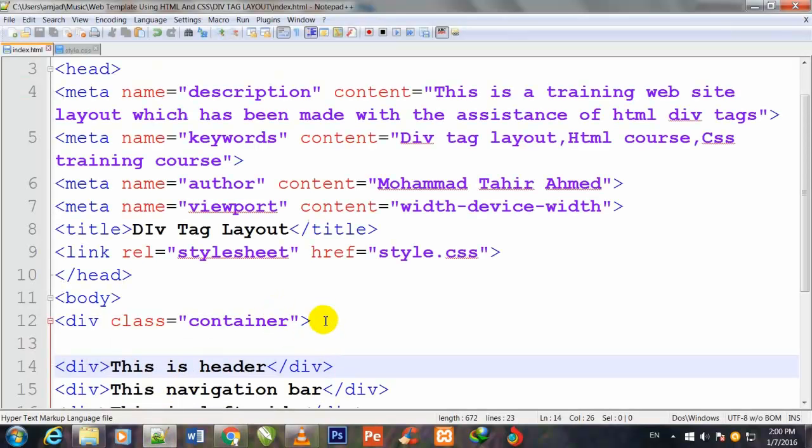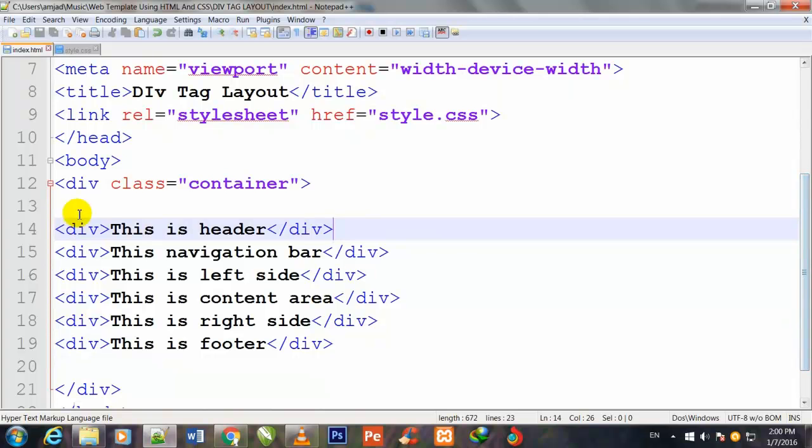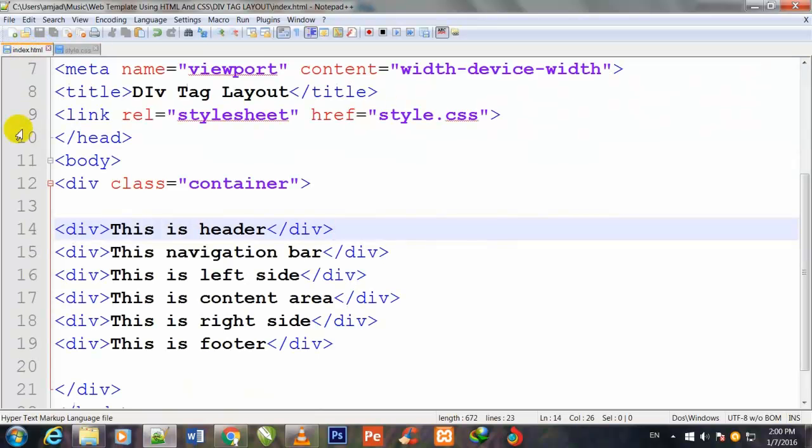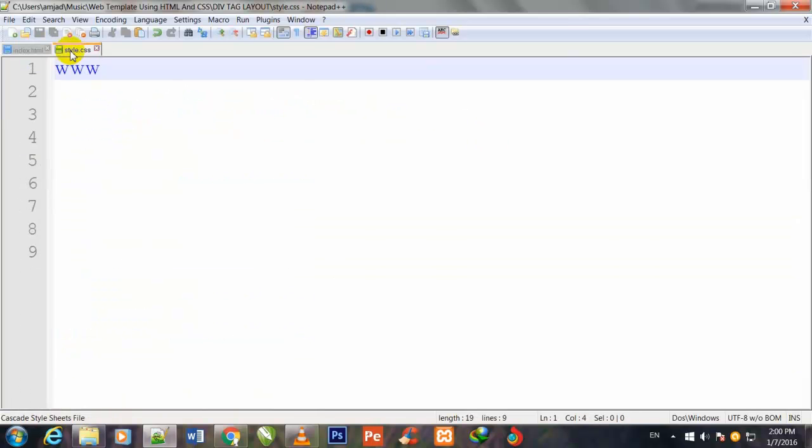In the previous video, I made all these 6 divs inside, and the first div was given the name container. First, I have also linked style.css to this HTML with the link relation stylesheet of style.css. So friends, first of all, I call the body